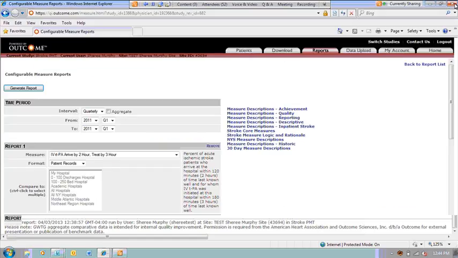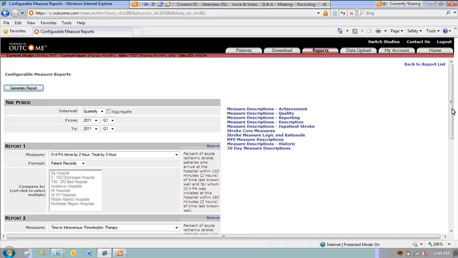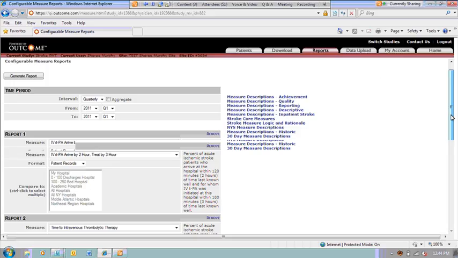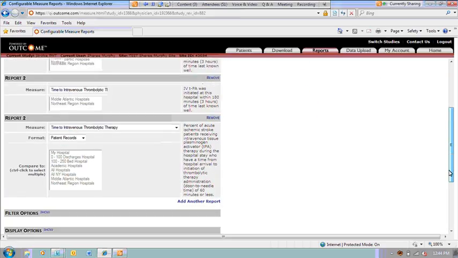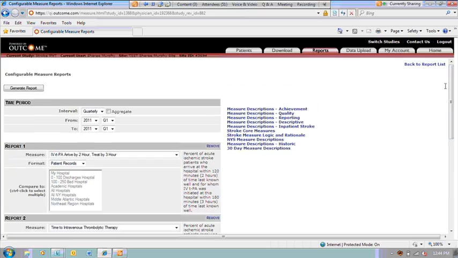So since this is a report that you will be running on a regular basis, I'll also quickly demonstrate the saving a report option. So again, you can print that list of patients that were misses so that you could review the patient records or bring that list to somebody else to pull the records. You can print that report as well, just like we did the other ones.